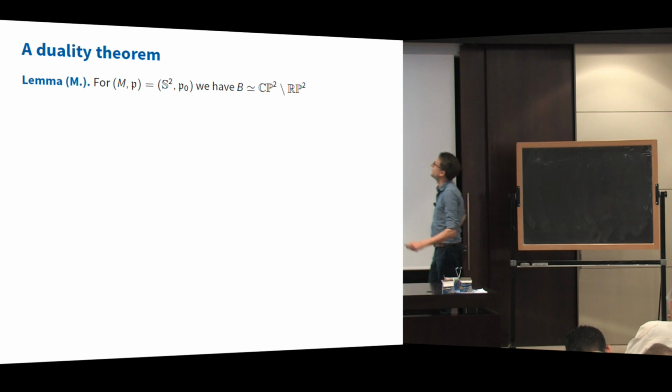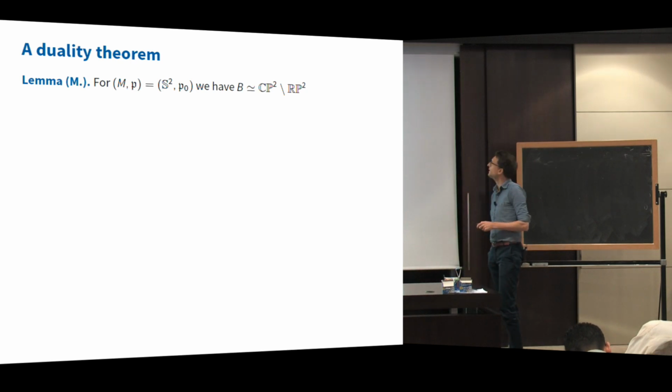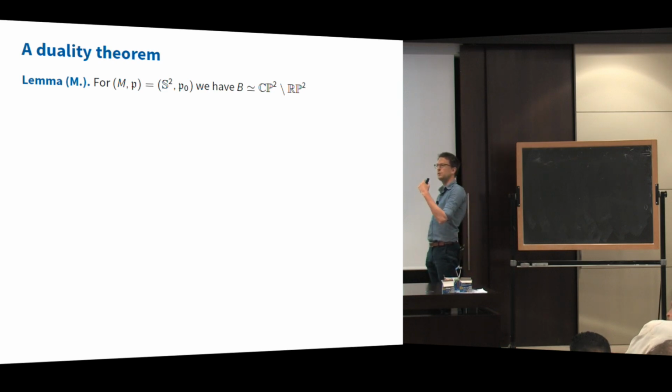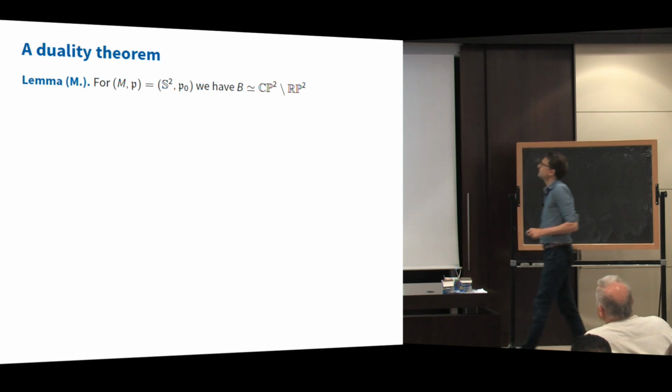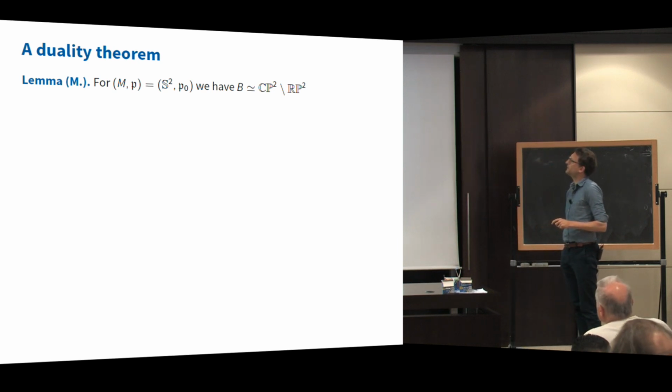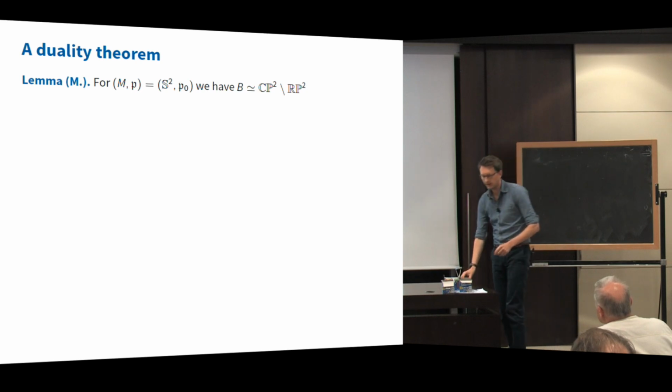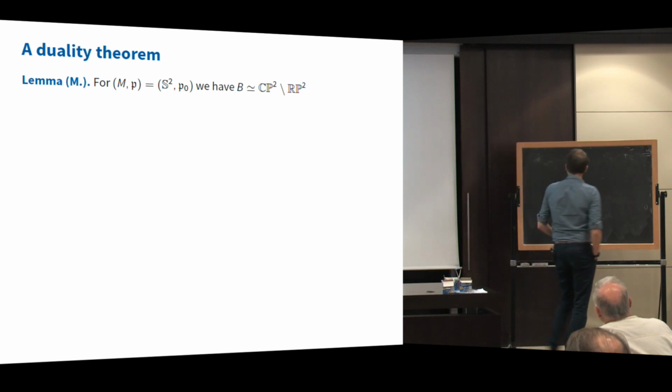Right? So you can ask, well, what does that surface look like for concrete cases? The most obvious case to look at is just to take the two-sphere and the standard projective structure whose geodesics are just the great circles. So in that case, you can prove that B is simply CP2. That is not too surprising, CP2 with an RP2 removed. So you can sort of see that in part.